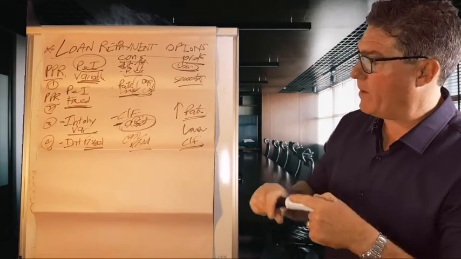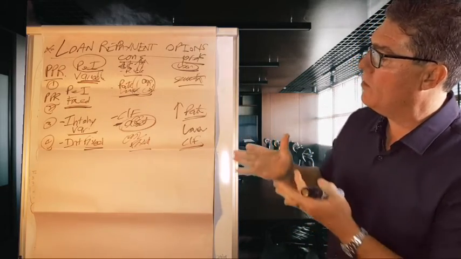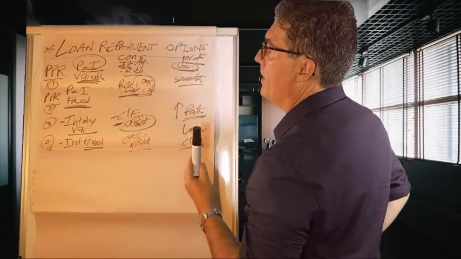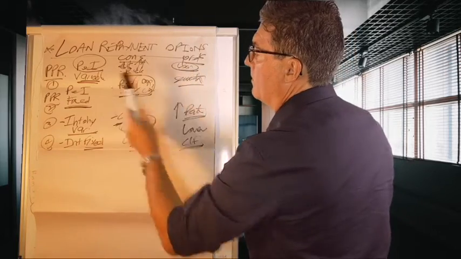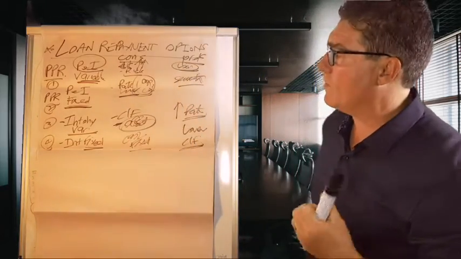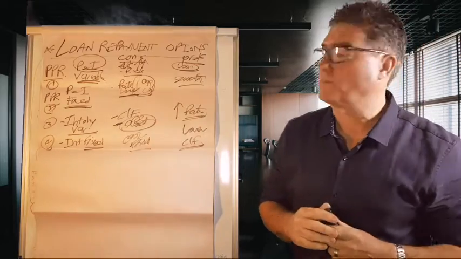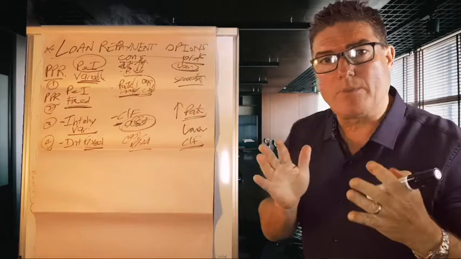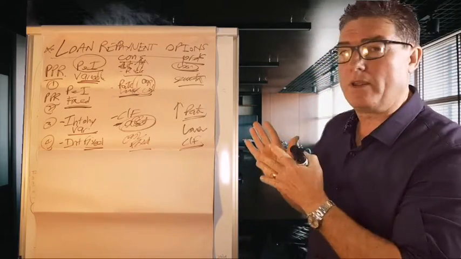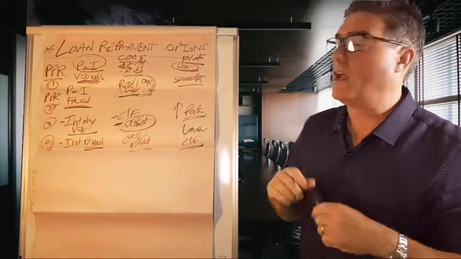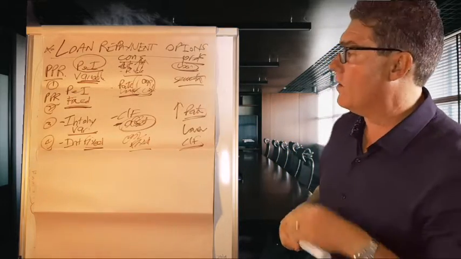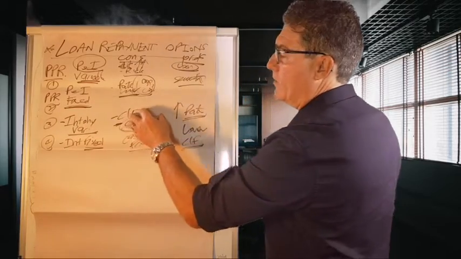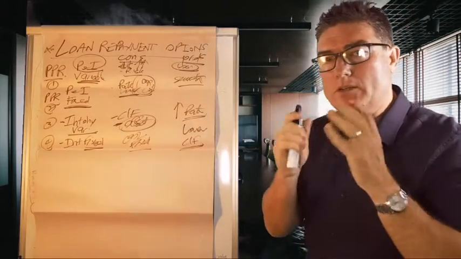Now, this is where you've got to think about it. If your strategy is only your home, then you're probably going to go to principal and interest if you're on a good income, and if it's fixed at the moment, you know what your cash flow is, and if the rate's lower, you'll probably choose that option. If you're someone who is going out there to buy your first home and you're using that as a stepping stone, and later on you want to do something else, well, you want access to your funds and you don't want to be tying it up for as long. So again, my choice would be, I'd always go out there and do interest only and stick the extra cash in the buffer.